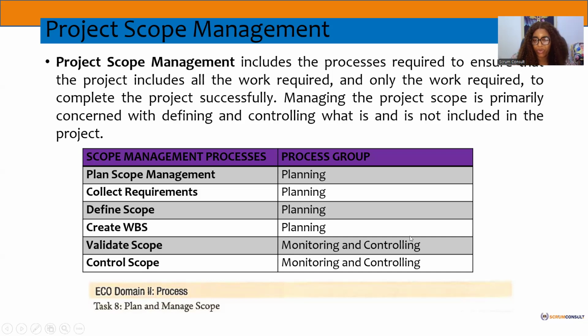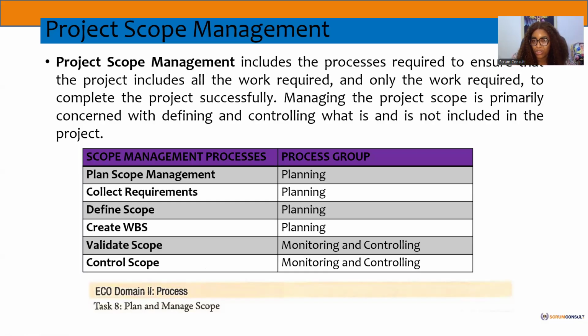So remember we have our process groups, let's look at how this works. When we are planning the scope, anytime you see plan, know that we are already in the planning process group. When we are collecting requirements, we're in the planning process group. When we define scope, which I said is sorting out the requirements, we are still in the planning process group. When we are creating our work breakdown structure, we are still planning. But when it comes to validate scope and control scope, I said before it was in execution, it is in the monitoring and control process group.